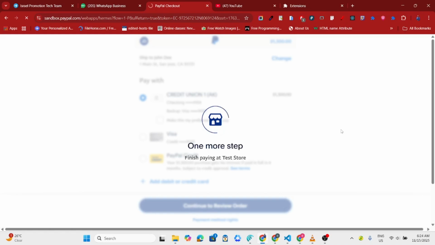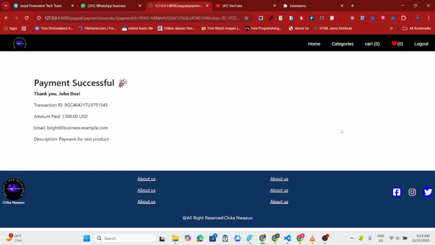When the payment is done, it will bring me back to the website. So as you can see, it says payment successful. Thank you, John Doe, that is the PayPal username, your transaction ID, the amount you paid, $1,300, my PayPal email address, and the description, payment for test products. Okay, so now as you can see, it has already removed the product from cart because the user had already purchased